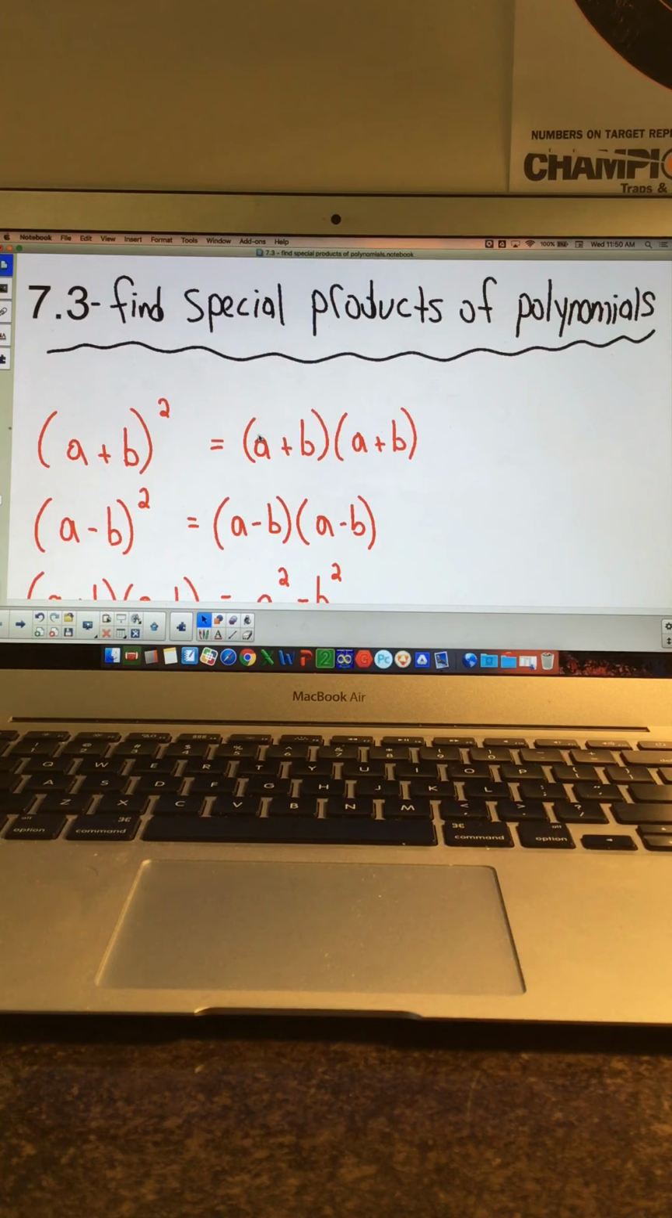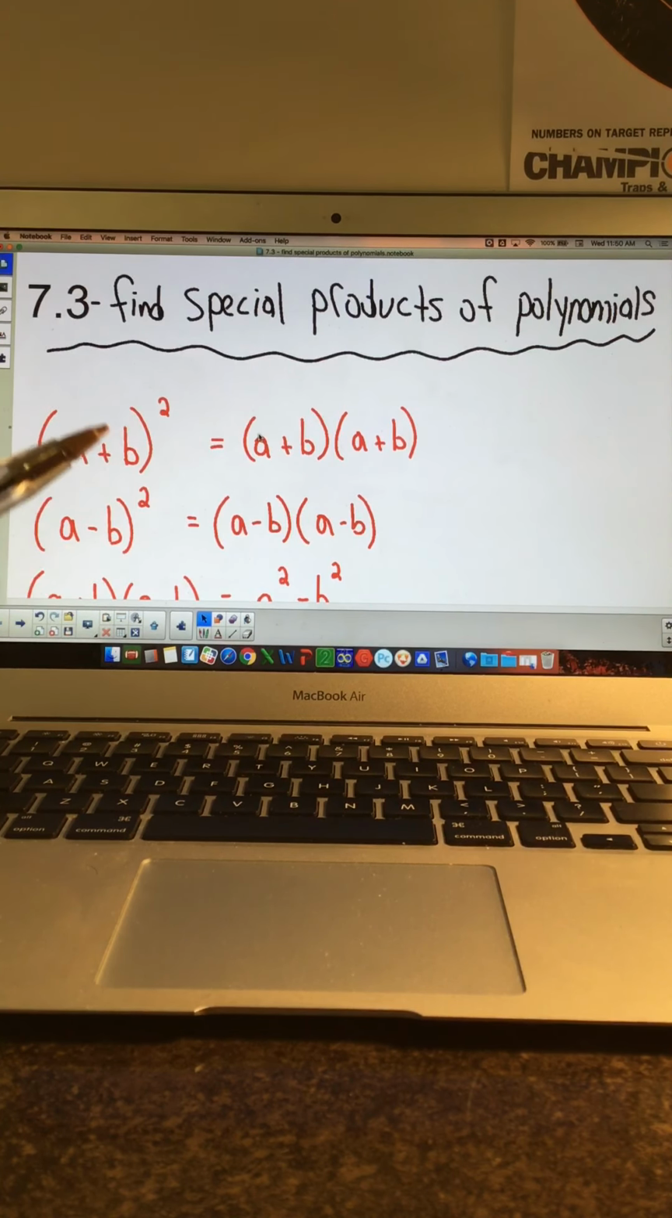All right, everybody, moving to 7.3's last section here before our quiz. Again, our quiz is going to be 7.1 to 7.3. Now the big thing here is we're going to be talking about finding special products of polynomials, but